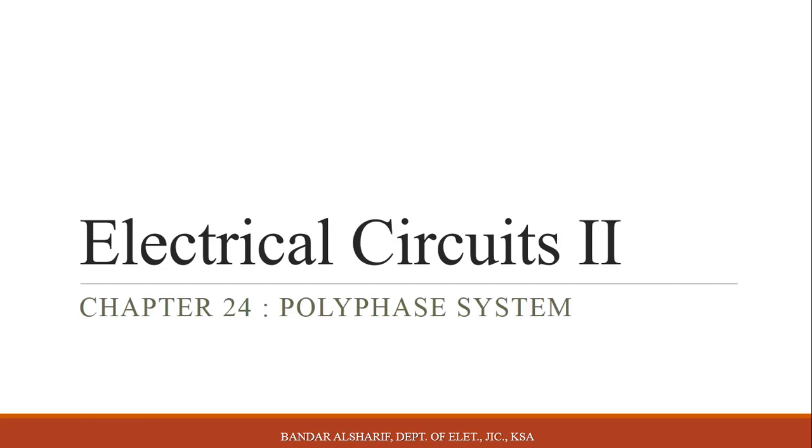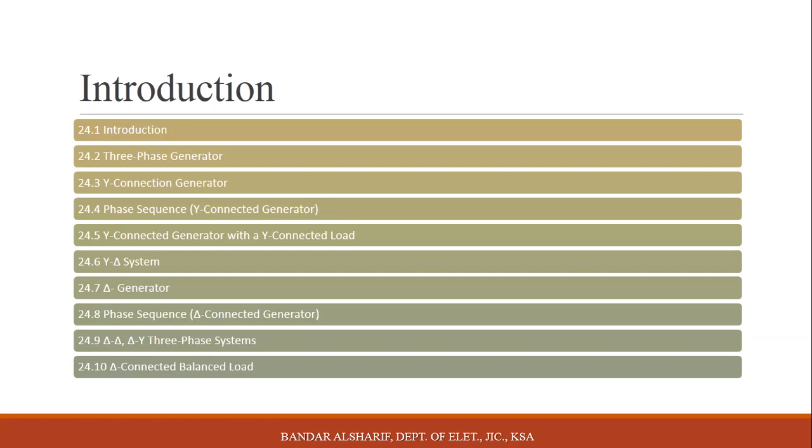In polyphase systems, we will talk about the three-phase generator, Y connection type and delta connection type, since it is a three-phase system, and then how to connect Y connection with delta connection, either source or load, because we have a three-phase source and a three-phase load. We have four options to connect them: either Y-Y connection, or Y-delta connection, or delta-delta connection, or delta-Y